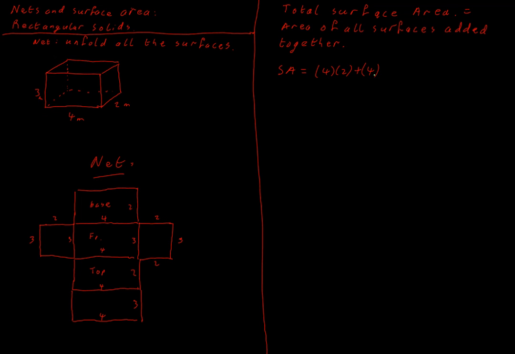So I'm just getting the area of each individually and adding it all up. The area of the top is going to be 2 by 4 or 4 by 2, the same in this case as the base. And the back of the box is going to be the same as the front. It is going to be 4 by 3,